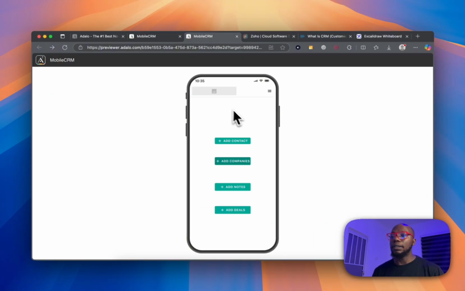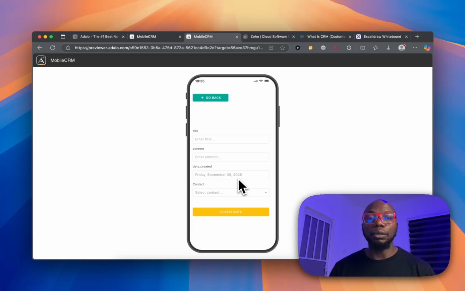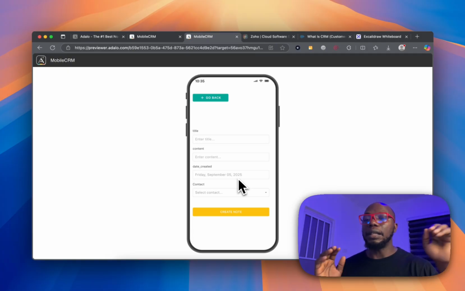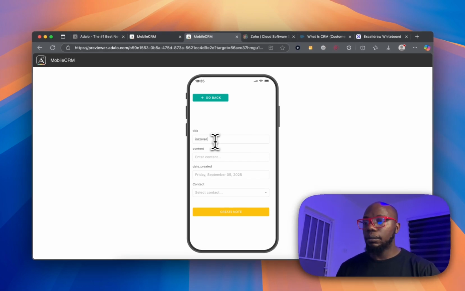Now we're done. Let's go back to add notes. So we're just imagining that we have a meeting. We just had a meeting with a customer. Now it's time for us to add notes. But meanwhile, you can automate this note. Adalo has an API that will enable you to collect notes from an external service and update this particular note, right? So let's say discovery call,